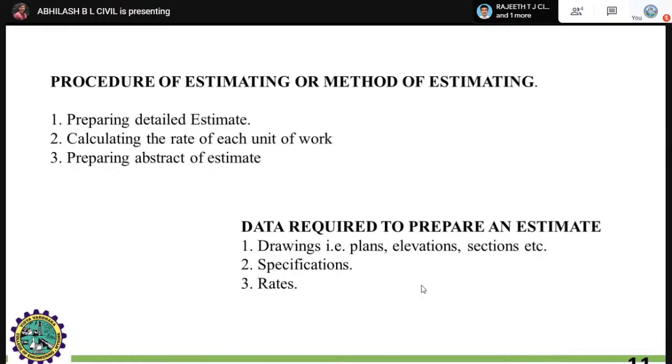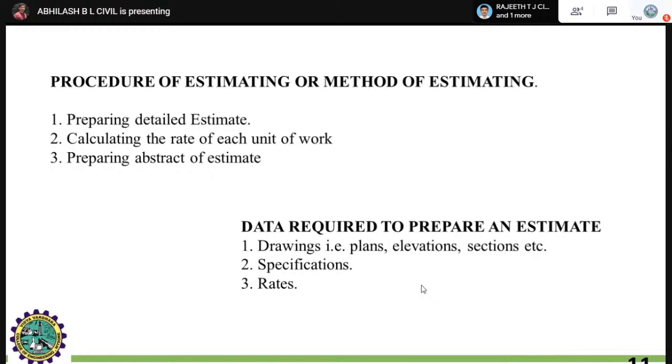Next are the specifications. I hope you know that while purchasing any automobile or bike, you will see the specification, how many CCs, right? How many combustion CC the bike should have, what torque is applied for the particular automobile. Similarly, the specification of the particular building, right? That is G plus 1, 2, 3, 4. How many floors of the building you require, right? Coming to the specification, it means what different materials you are going to add. Are you going for a floor such as red oxide, or do you need luxury items like granites or marbles? These are some of the specifications required for the estimation of your detailed project report.